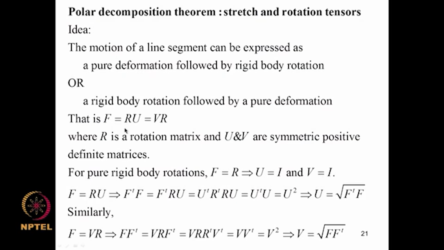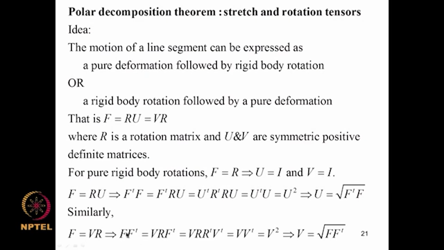We consider f equal to Ru, and from this I get f transpose f is f transpose Ru, and for f transpose I write u transpose R transpose, and this becomes u transpose u, which is u square. So, from this I get u to be square root of f transpose f. Similarly, if I consider the second relation f equal to Vr, I get